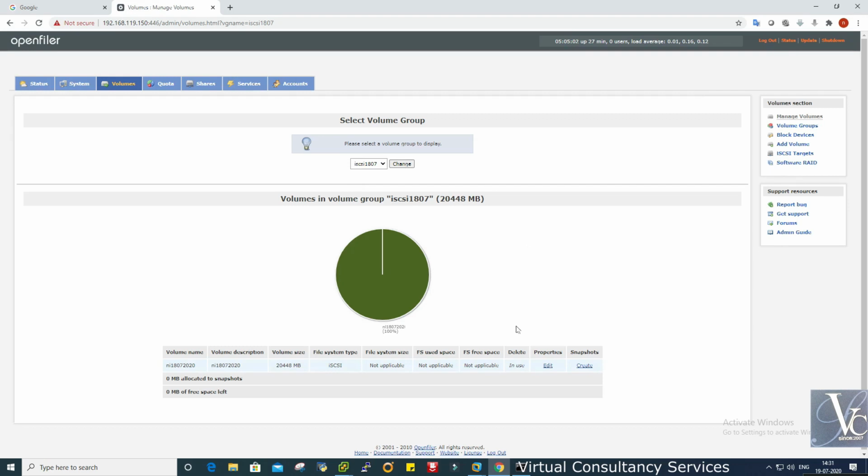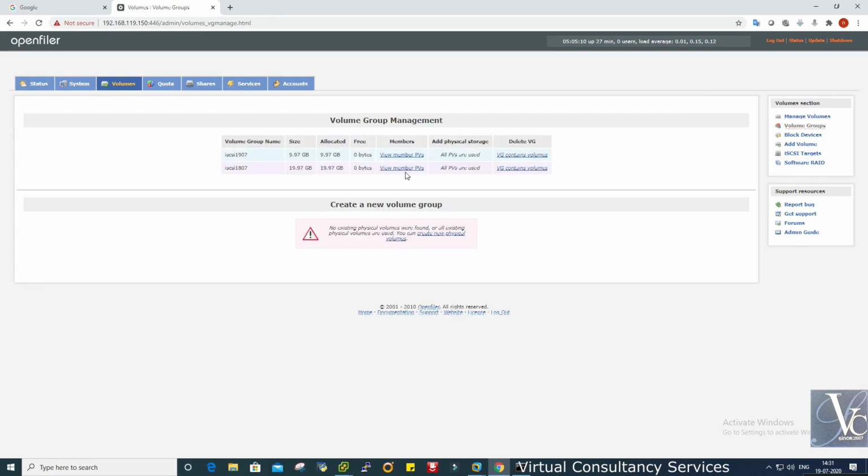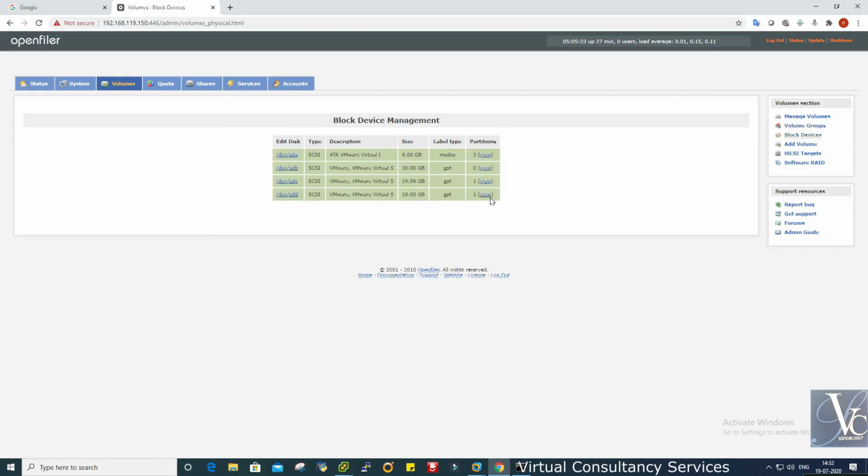We added free space, in use, not applicable. Okay, volume group, all PVs are used, everything we configured here.